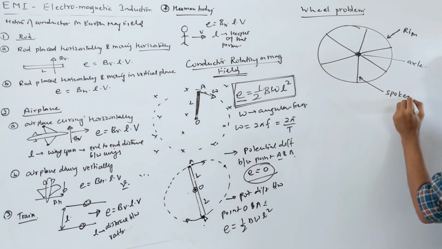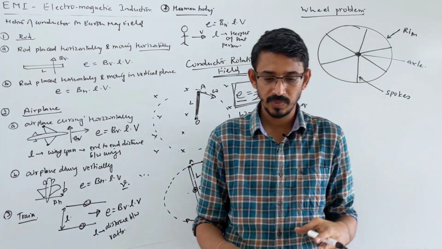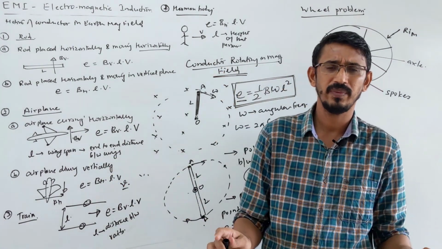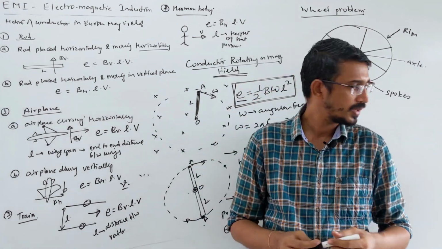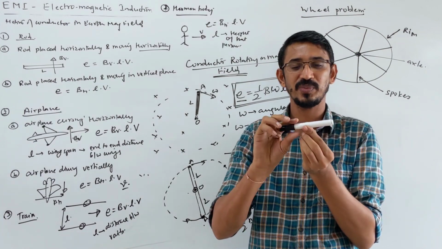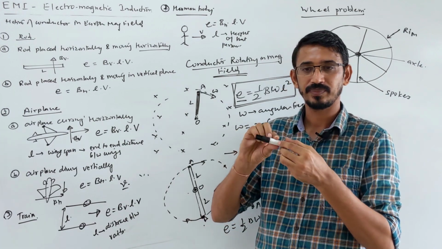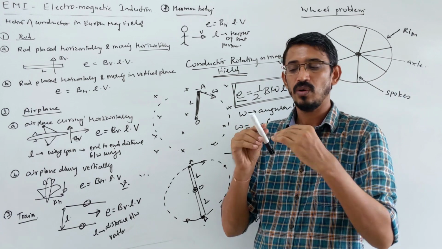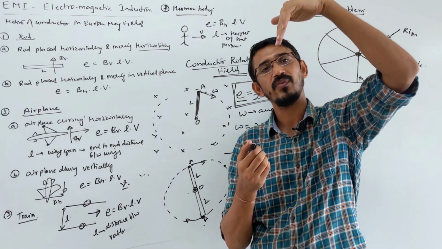So these rods are called spokes. Correct. So when the wheel is rotating, suppose the wheel is moving in horizontal plane, or generally a wheel can rotate anywhere. You can rotate in vertical plane or horizontal plane. For example, suppose this is a wheel, assume that it is spinning like that, this way. This is called rotation in vertical plane. Then you need a horizontal field to cross this. Or the wheel is rotating like that way. This is called horizontal plane, right? Then we need a vertical field.